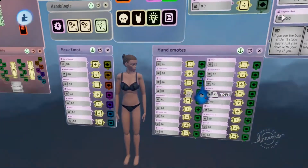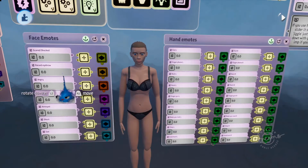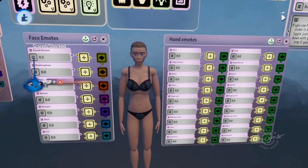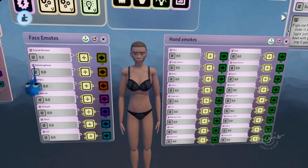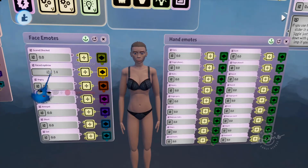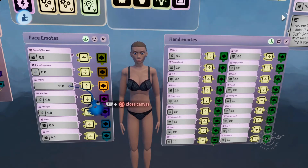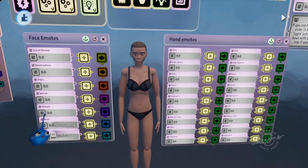So, anyway, what impressed me is the face emotes. Look how smooth that is. It's really, really amazing. And you can move the eyebrows. She's the Rock. Angry face. Worried face. Annoyed face. Oh, look, she's just...